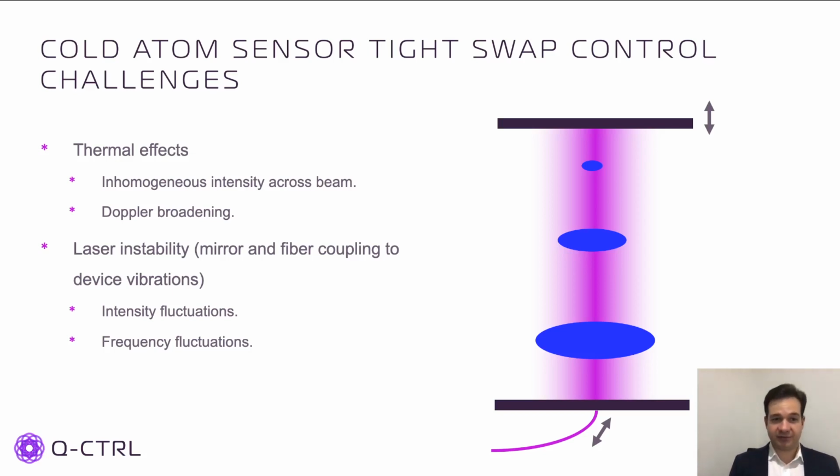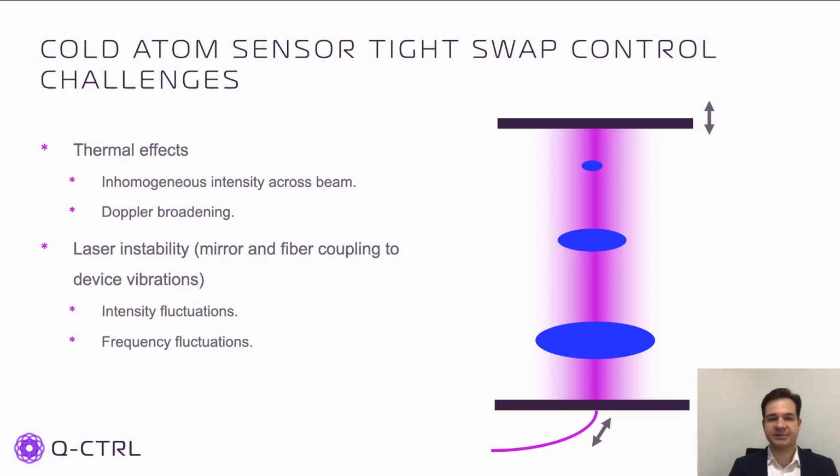Them being quite sensitive also means that they are exposed to various channels of noise. For example, thermal effects. Upon release, they broaden the cloud so that while it's falling, the cloud of atoms sees an inhomogeneous profile of the laser intensity, as well as each atom in the cloud having a different detuning due to the Doppler broadening. And then we have a different class of